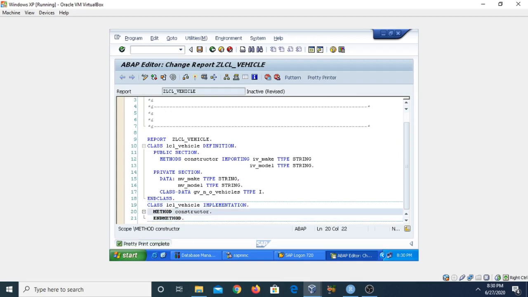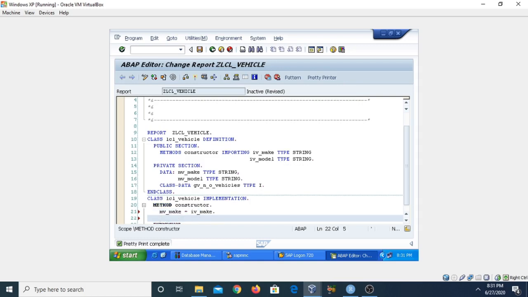Use the pretty printer, and assign the values of the formal parameters to the attributes of the class. So I am assigning IV_make, which is our temporary parameter data object, to the attributes of the class.